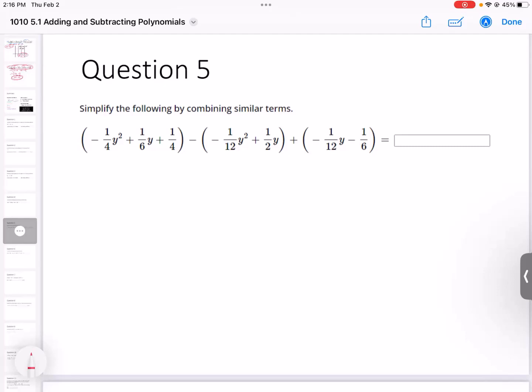All right, so on question 5, I'm going to do it by combining like terms because I like that method. But the one thing to remember here is that a polynomial is not an equation. It's just a single math expression, but there's no relationship to another math expression. Because remember, an equation means you have some stuff equals other stuff. But in this case, we're just asked to simplify a single expression, which means that we can't get rid of